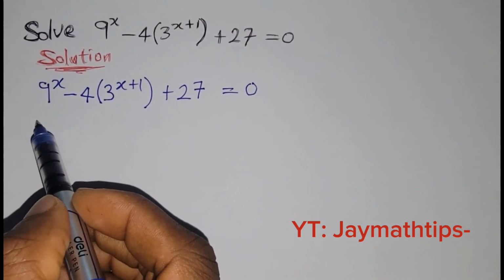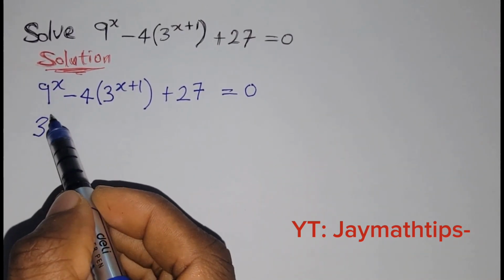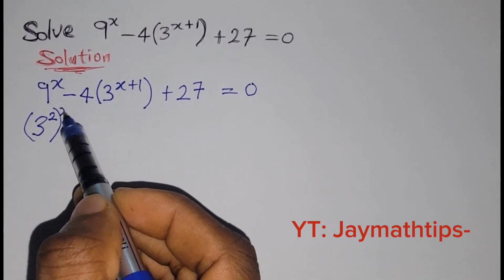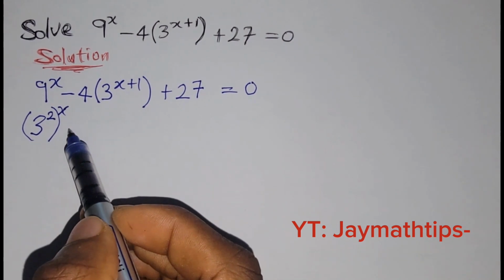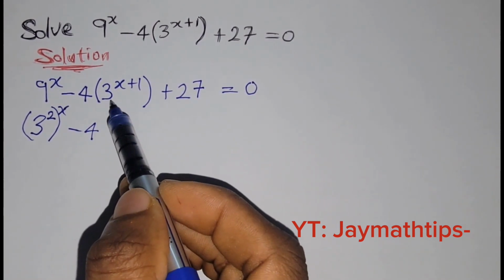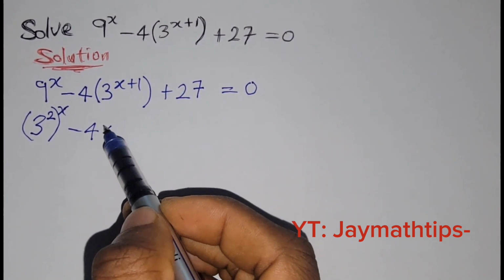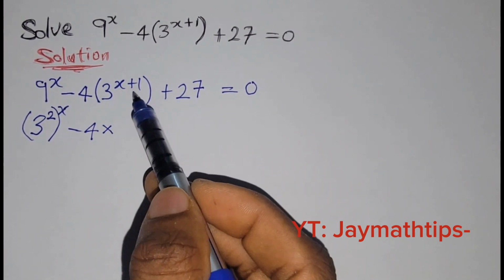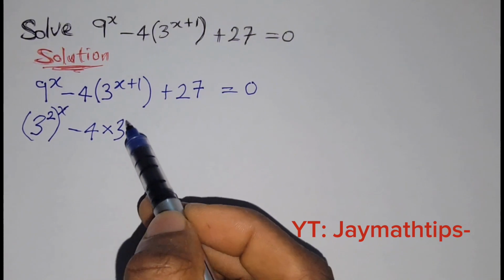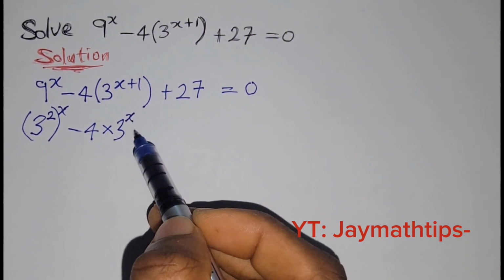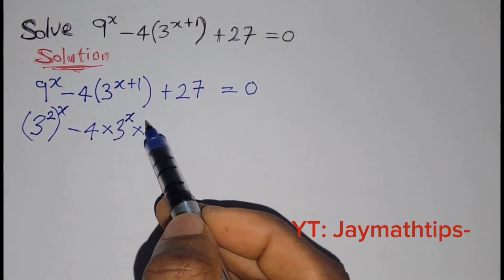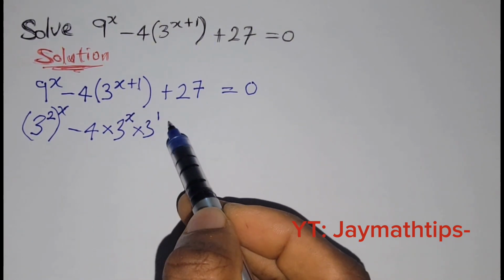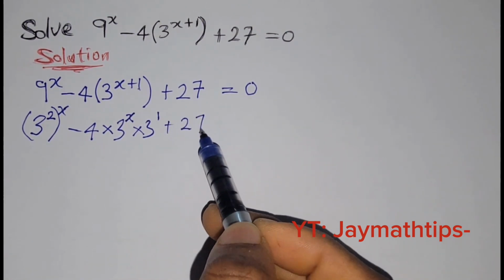So we are going to have 3 raised to power 2, all raised to power x, minus 4, and this very one here we are going to write 4 times because this is the same as 4 times everything here. So we have 3 raised to power x times the same 3 raised to power 1, plus 27